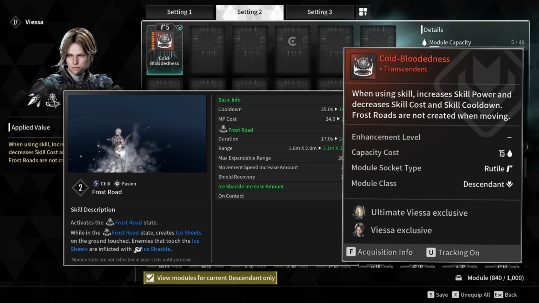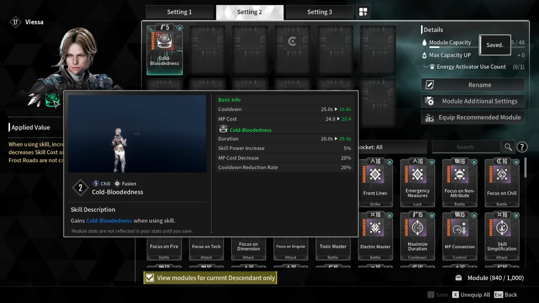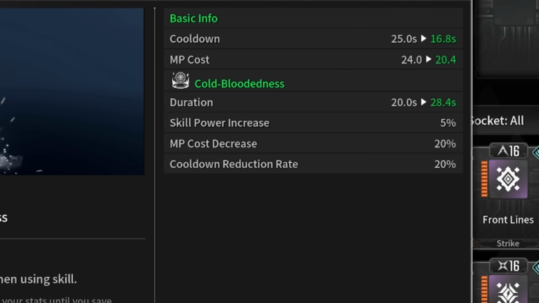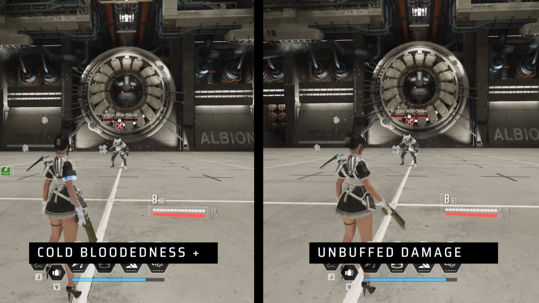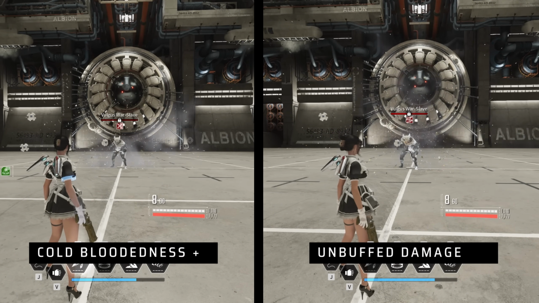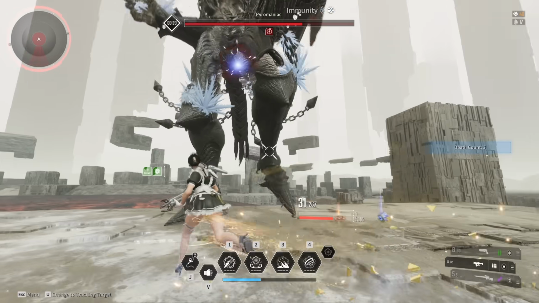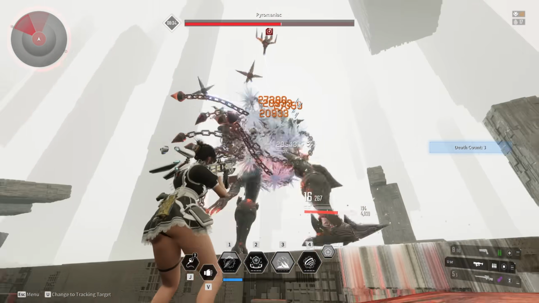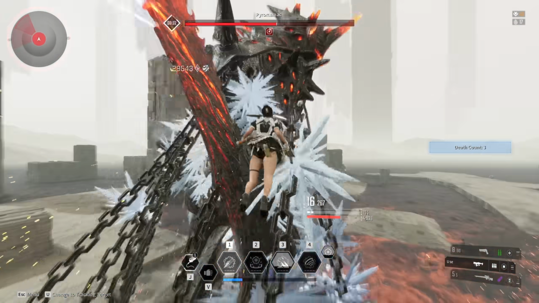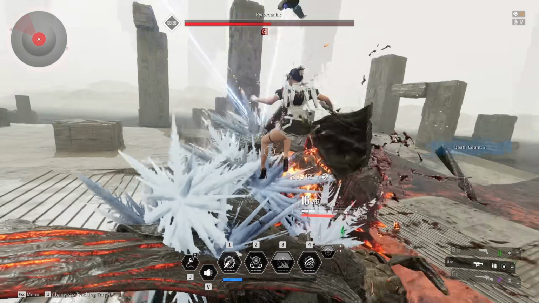This skill module augments her second skill, removing your speed and ice trails. It's unfortunate, but grants you additional effects for your other skills. And that is a 5% skill power increase, but when you look at the numbers, it's only a 3% increase, regardless of enemies' resistances. The numbers should be consistent, so this might be a bug. On top of that, it reduces the skill cost and any cooldown by 20%, allowing you to spam skills more